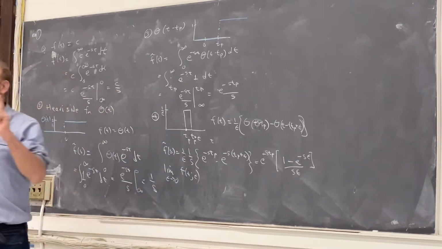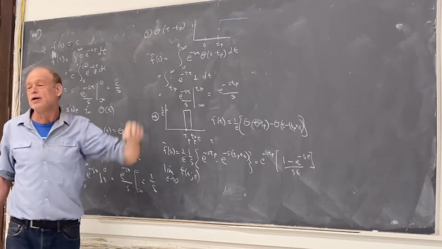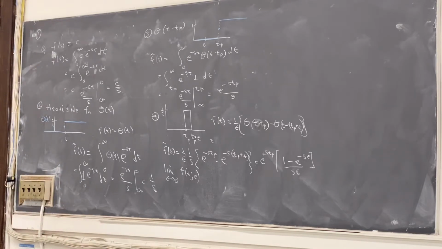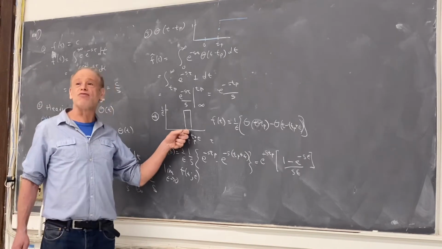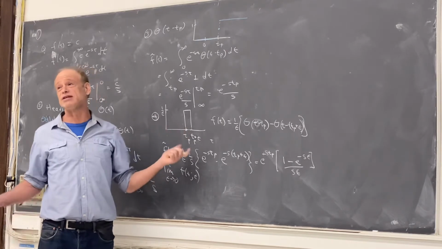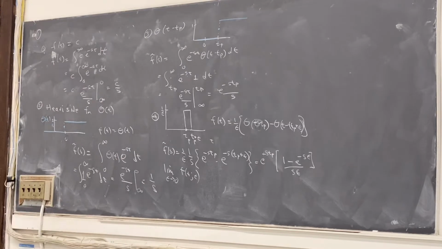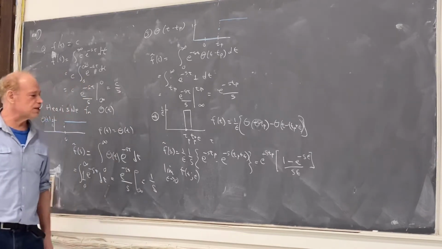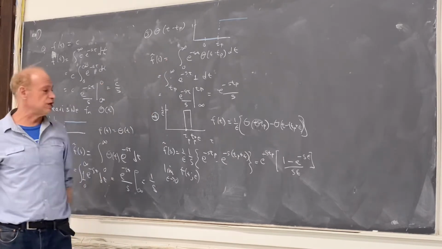So in the limit, this becomes infinitely thin and infinitely tall. So it's no longer a function. Because for any normal function, if I have a value of infinity at one point, it should have 0 area. But because of the way I'm taking this limit, this is called a generalized function. It's not a function, it's a generalized function, which I'm not going to fuss too much about. But it's infinitely thin and infinitely tall, but the area is 1.